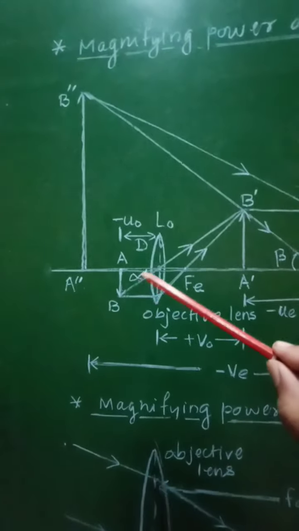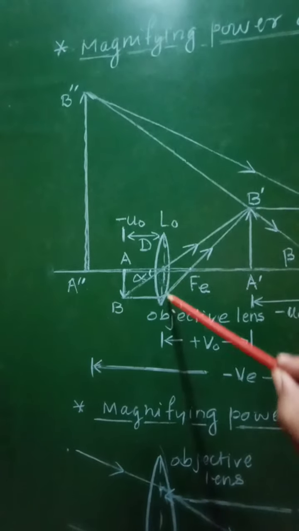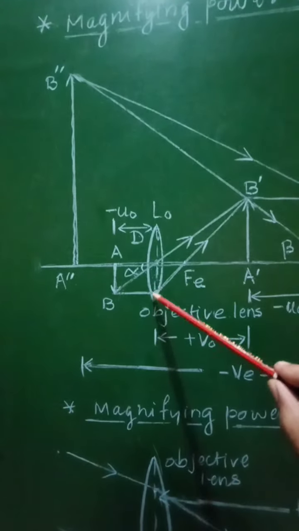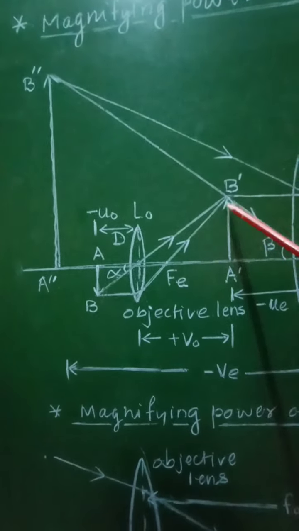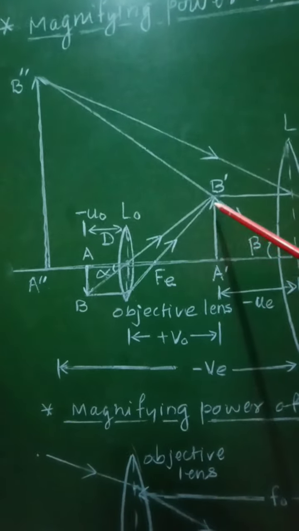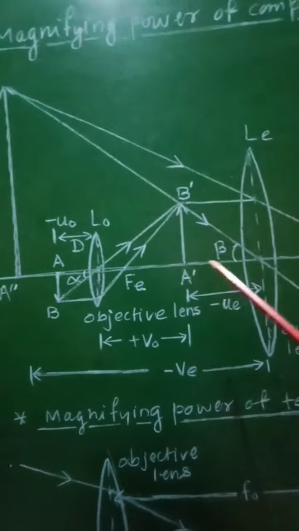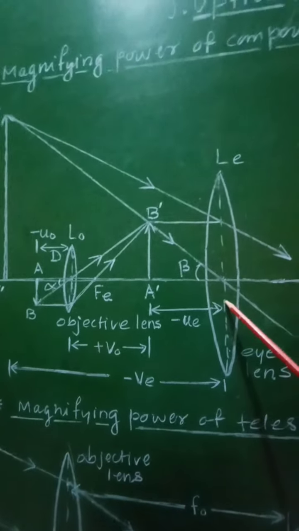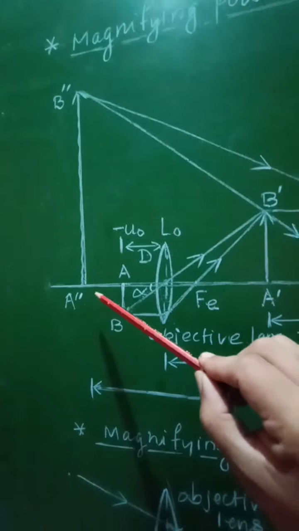Now in this case AB will represent the object for this objective lens. Due to the converging property of this convex lens, its image will be formed as A dash B dash. This will be the inverted image, A dash B dash. Now this image formed due to the objective lens will act as the object for this second convex lens, that is the eye lens, and therefore its final image due to this eye lens will be formed as A double dash